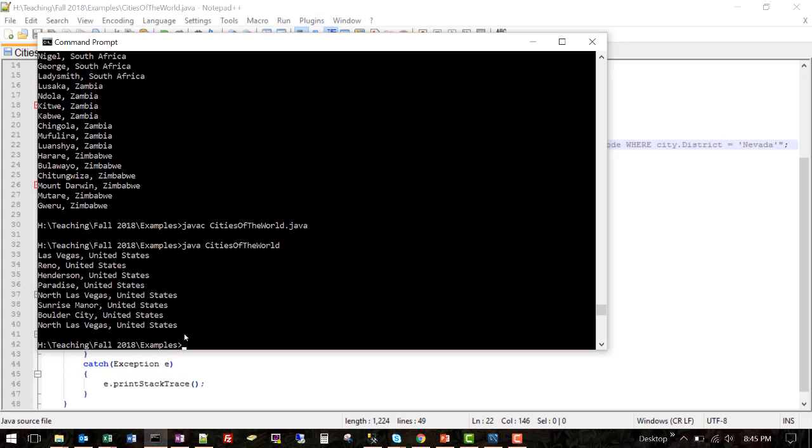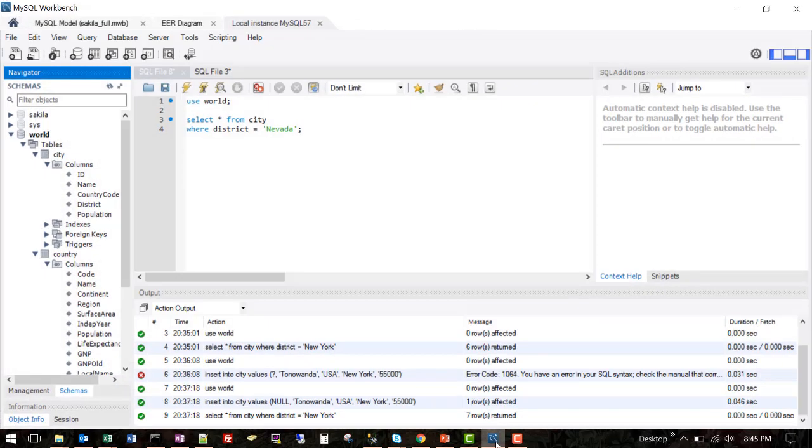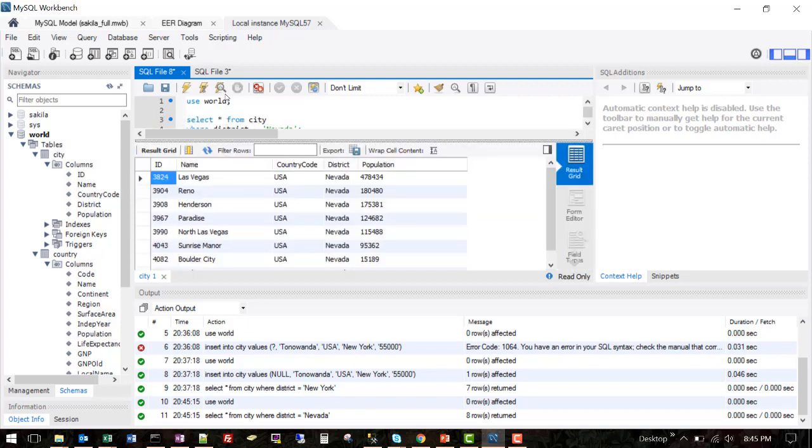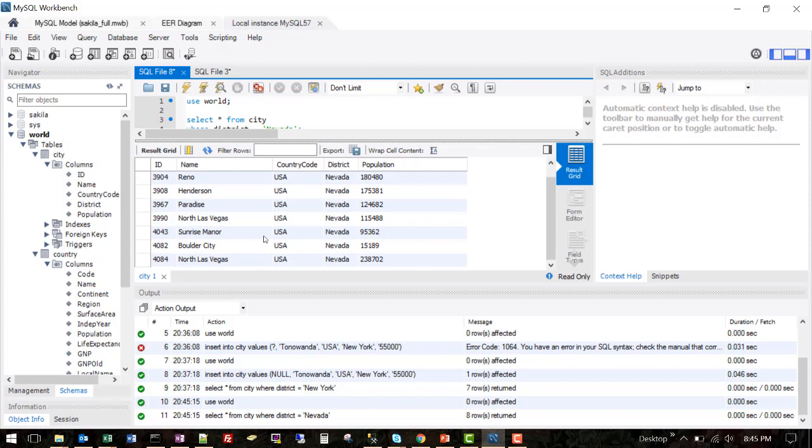Two rows have the same sets of data for what I've shown, but if we go over here and look specifically at the data we have for essentially the same query, what you'll notice about the two North Las Vegases is their IDs are different. This is the value of the primary key. The primary key shows how these two